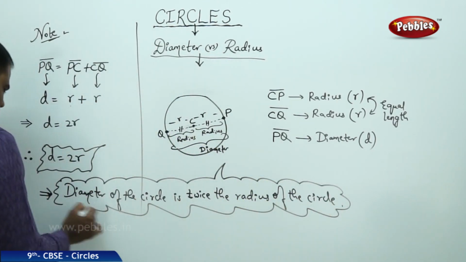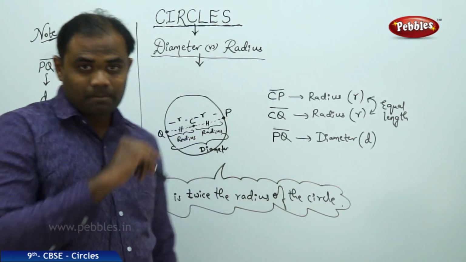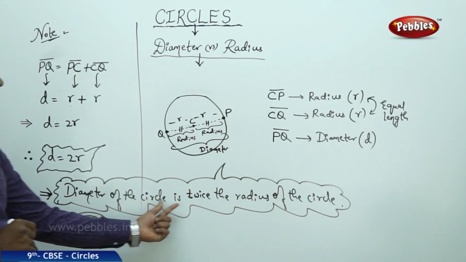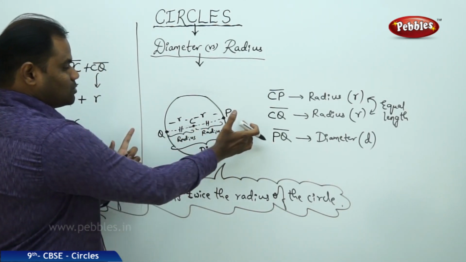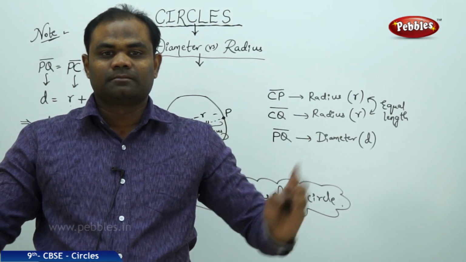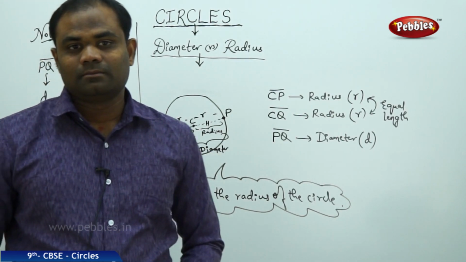This is how we understand the diameter connected with the radius. Diameter is always 2r. That is, the diameter of the circle is twice the radius of the circle. Two radii combine to form a diameter. Radius plus radius equals diameter. D equals 2r. Diameter versus radius. Now that we have connected diameter with the radius, with diameter being equal to twice the radius of the circle,